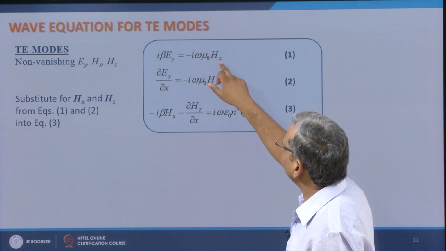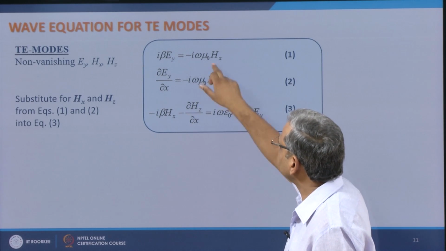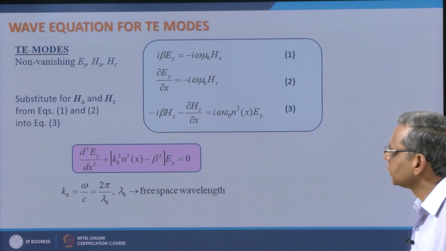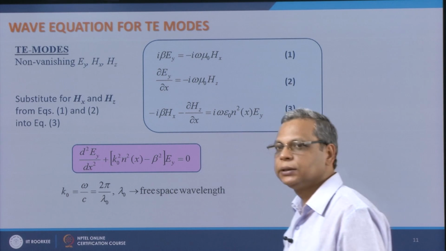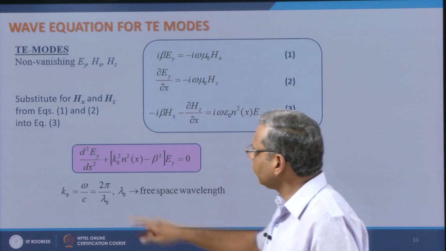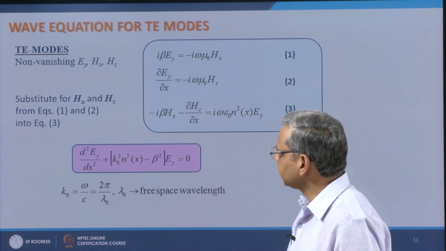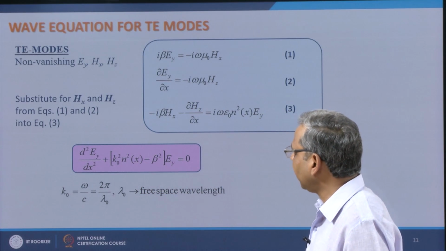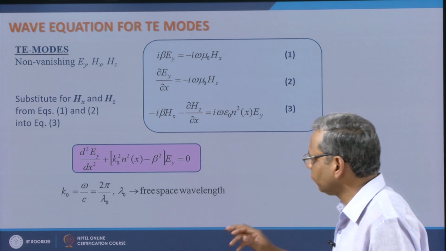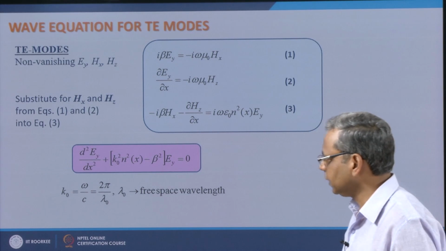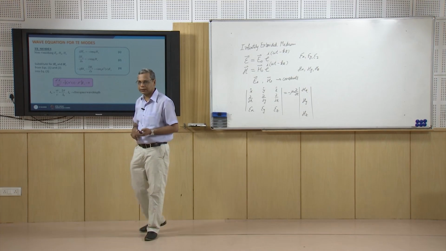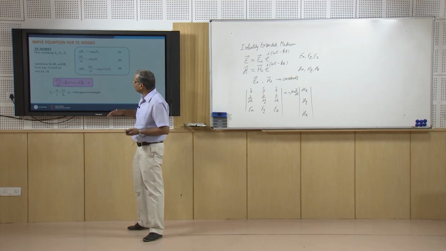So, I substitute for Hx and Hz from these two equations into the third equation, and when I do this, I form a differential equation in Ey, and this comes out to be d2 Ey over dx square plus k naught square n square of x minus beta square times Ey is equal to 0, where I have used the fact that k naught is omega by c, which is also 2 pi over lambda naught, where lambda naught is free space wavelength. So, now I have got